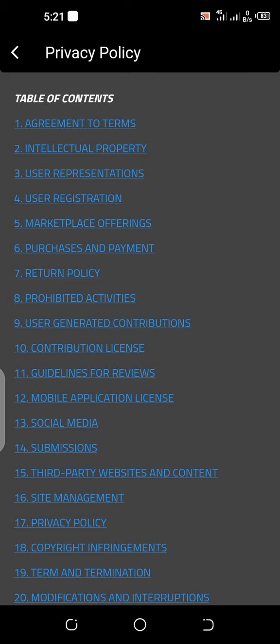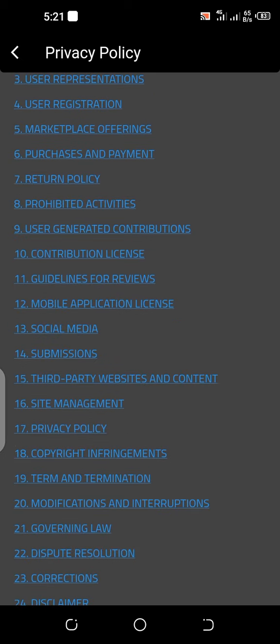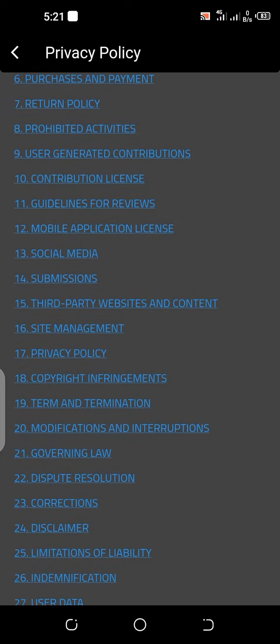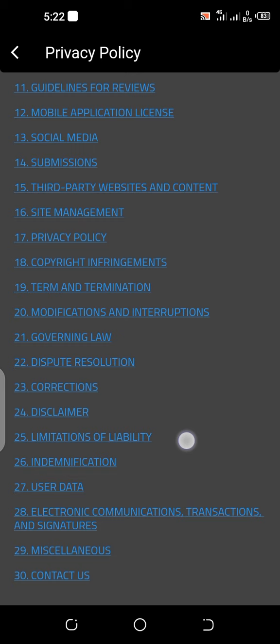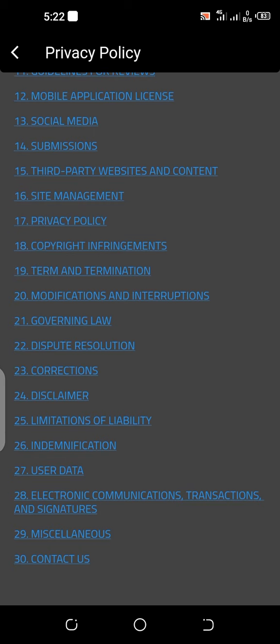agreement to terms, intellectual property, user representations, user registration, marketplace offerings, purchases and payments, return policy, prohibited activities, user-generated contributions, contribution license, guidelines for reviews, mobile application license, social media, submissions, third-party website and content, site management, privacy policy, copyright infringement, term and termination, modifications and interruptions, governing law, dispute resolution, corrections, disclaimer, limitations of liability,